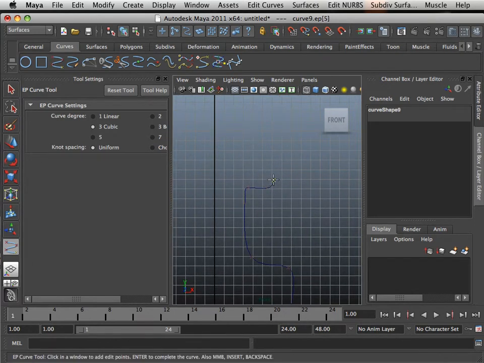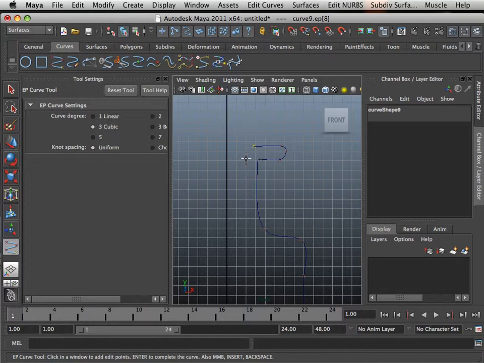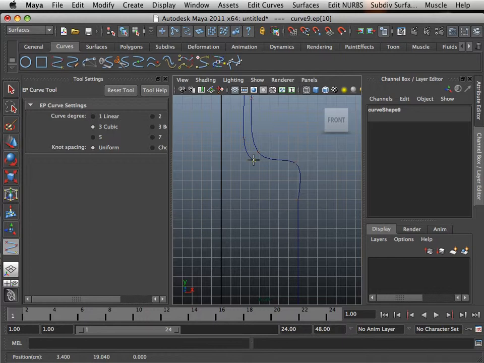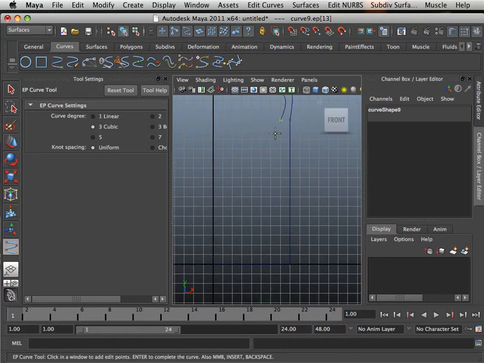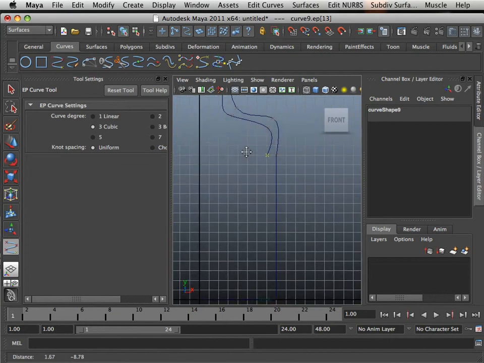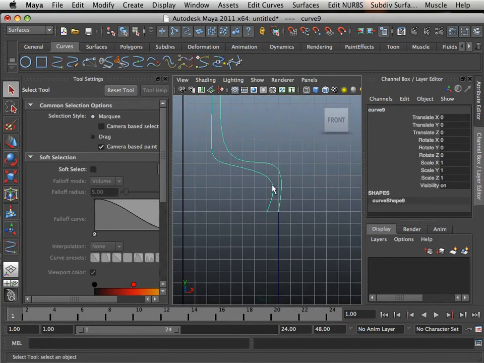So what I'm going to try to do here is make a profile. And the profile, if you think about it, looks a little strange. But what it truly is is the ability to have the inside of a glass. Okay. So I drew that curve system out, and what I want to do now is kind of edit this